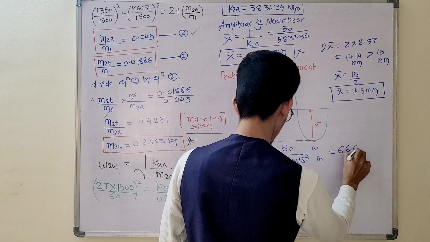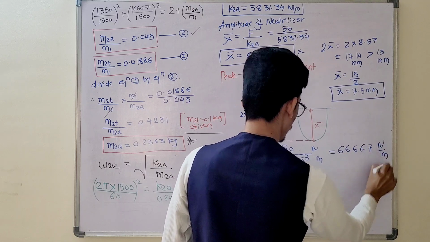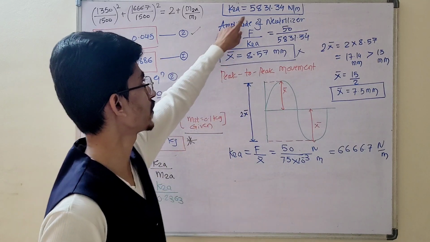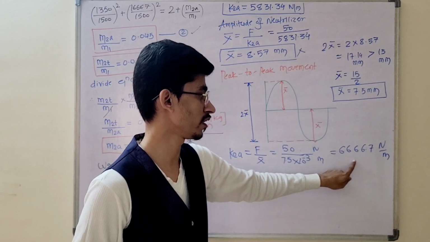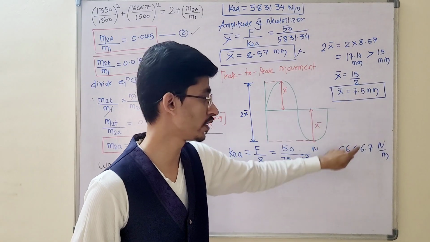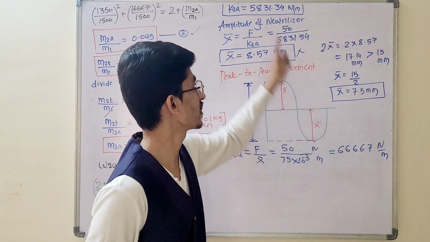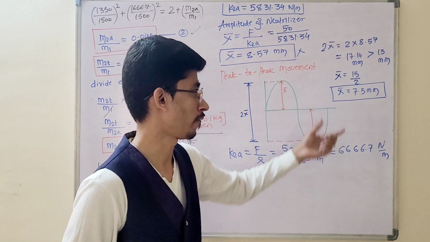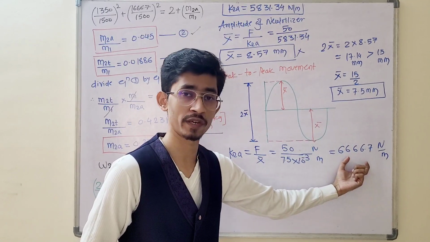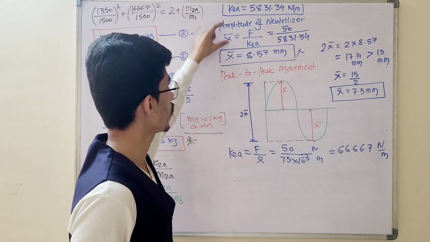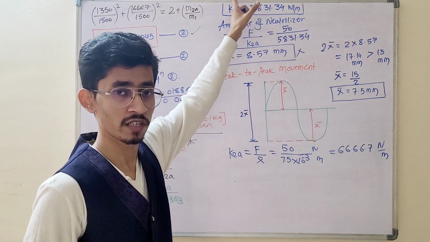Stiffness of a spring is 6666.7 Newton per meter. Now look at the difference in the stiffness. First stiffness K2 is obtained as 5831.34, and the new stiffness relating to 7.5 amplitude, peak to peak amplitude, is 4 times 6666.7, which is higher than that. Meaning, particularly for this amplitude, this stiffness will be required. So that's why we are not proceeding with K2 as 5831.34, because this stiffness is not satisfying